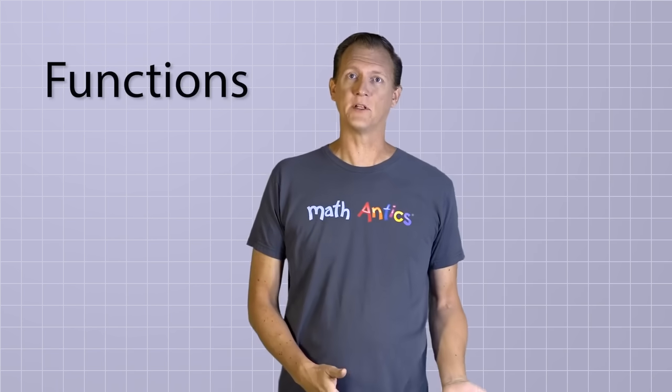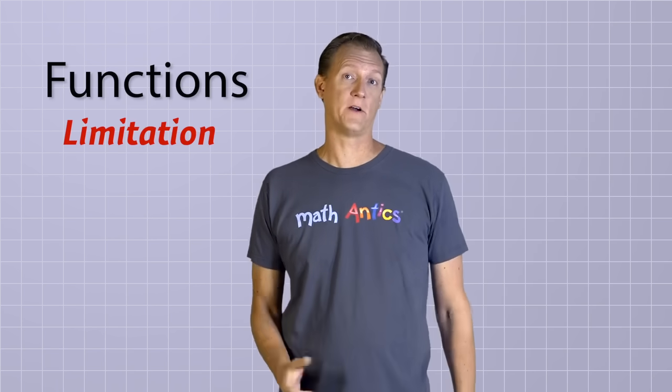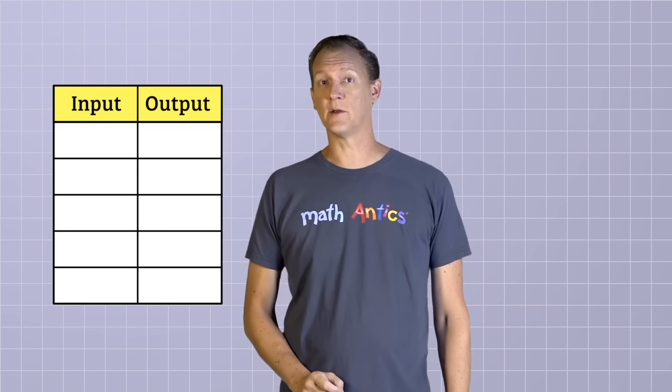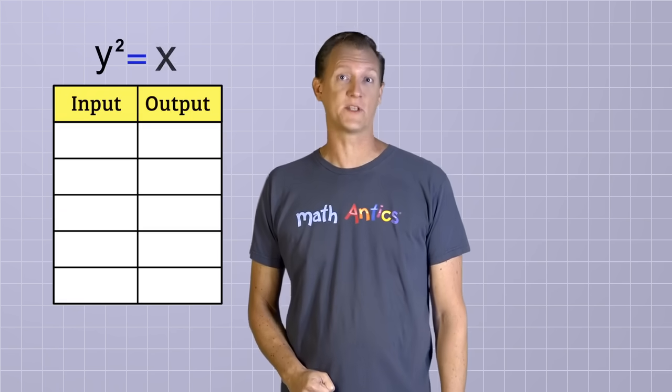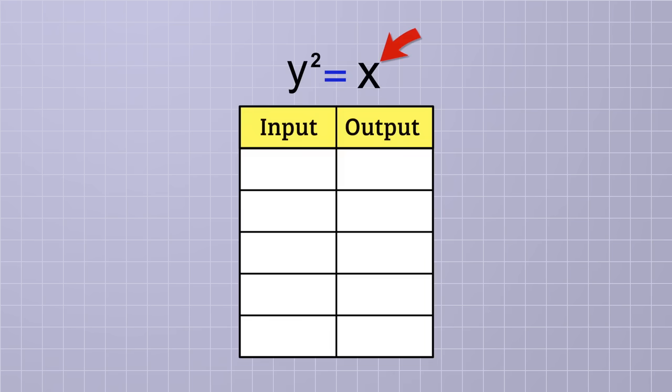Okay, so we've seen some examples of functions that relate inputs to outputs, but there's an important limitation about functions that we need to know. To understand what that limitation is, let's try to make a function table for the equation y squared equals x. Again, the x variable in this equation will be our set of inputs, and the y variable will be our set of outputs. Since y is our output variable, it will help if we first solve this equation for y,